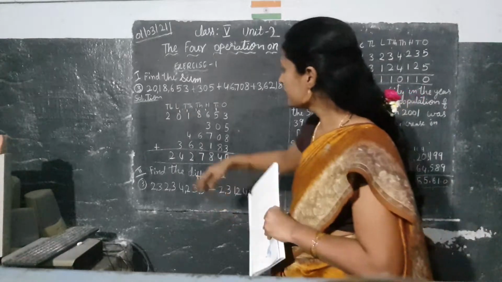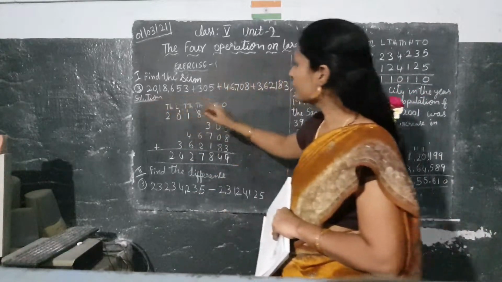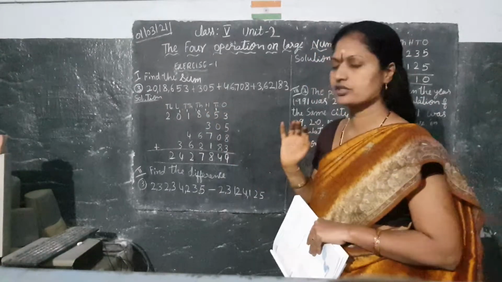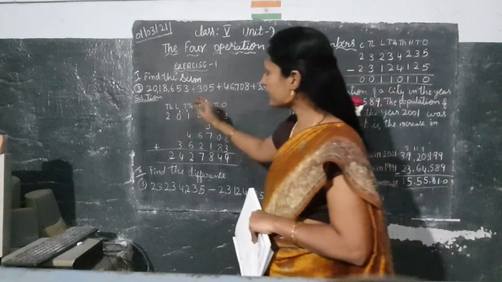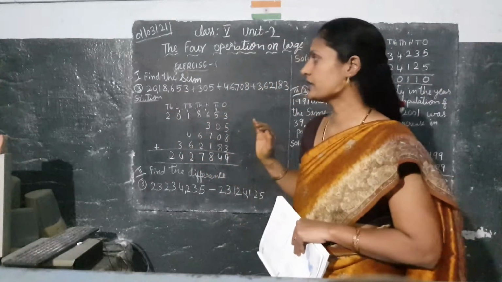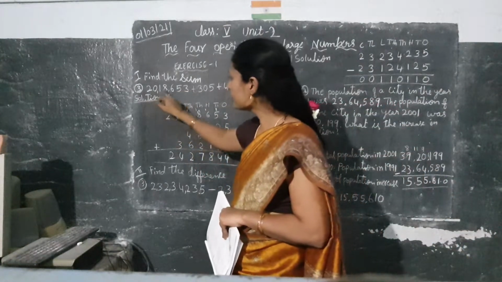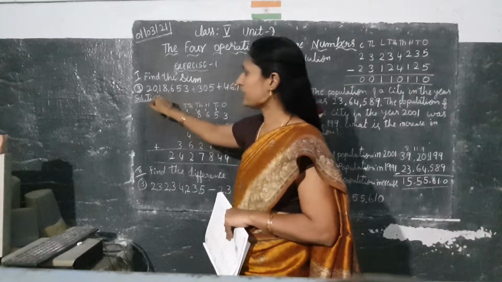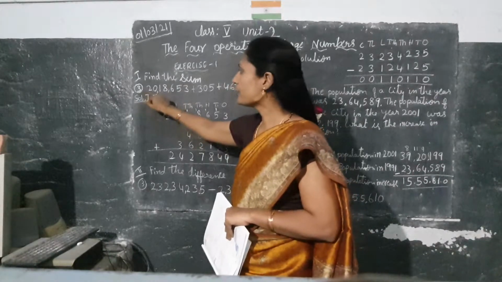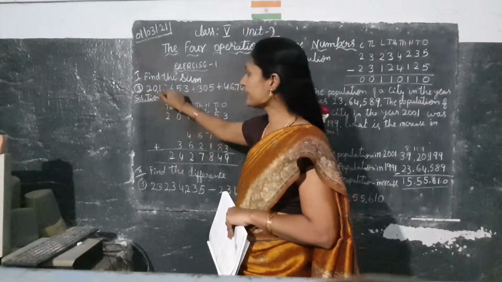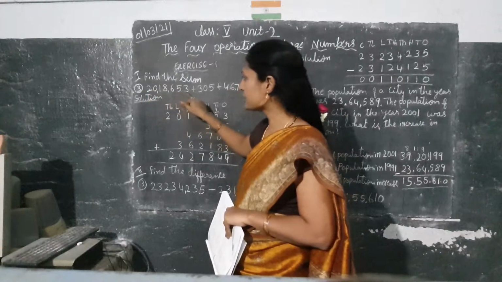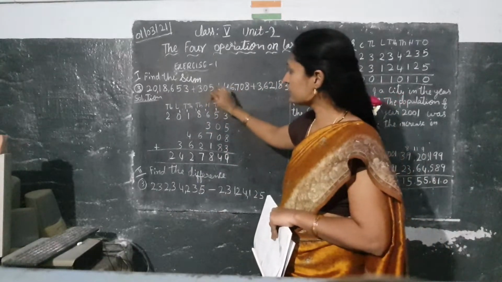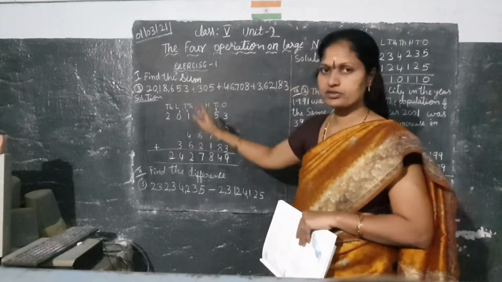You copy this one. See properly, listen carefully, and whatever number you are copying, first you have to read it, children. Properly you have to read. Okay. Then only you will understand how to do it. See this one: ones, tens, hundreds, thousands, ten thousands, lakh, and ten lakh is there. 20 lakhs, 18,653. First number, all. And in the second row, what is there? Ones, tens, hundreds. Only 3 digits are there.